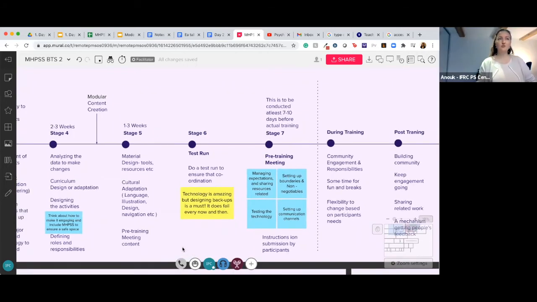I was going to add, you also start building the community from that particular moment. I really like that document that you shared in advance, Shona, where people could already give a photo and some little details about themselves, and we could read about each other in advance. It was a really nice way to connect from the get-go. And everything that you have here on the mural, obviously, and the resources, checking the technology, and the tutorial that I just mentioned, we played around on mural together and tried to test it for everybody to see if it works, because otherwise you spend all of the first day testing your technologies.